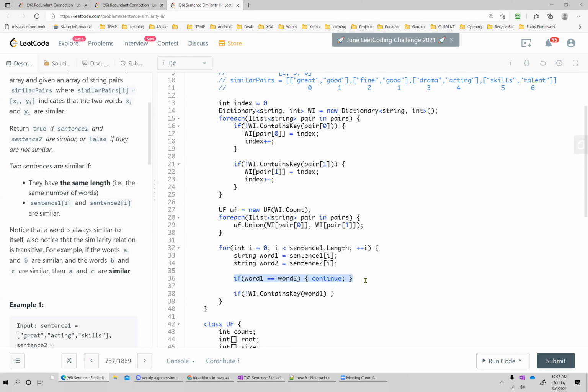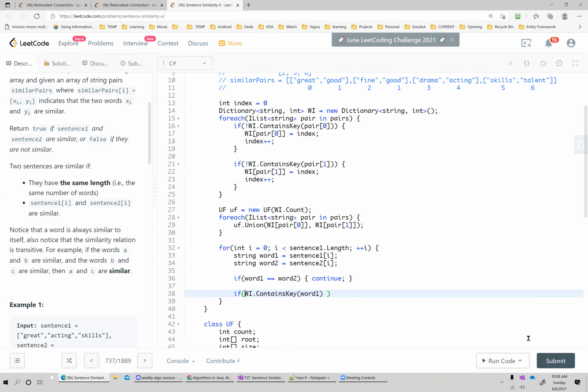Okay, so what I'm doing is that basically I want to make sure that the words are part of the key, right? Both words should be there. In what case do I want to return false?